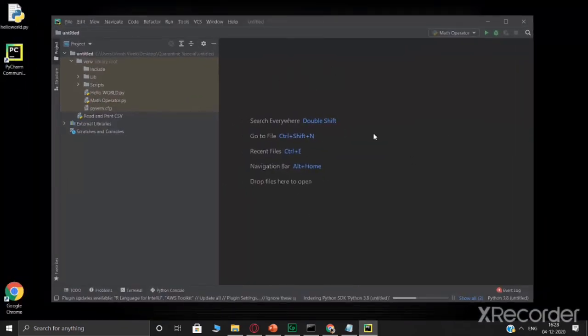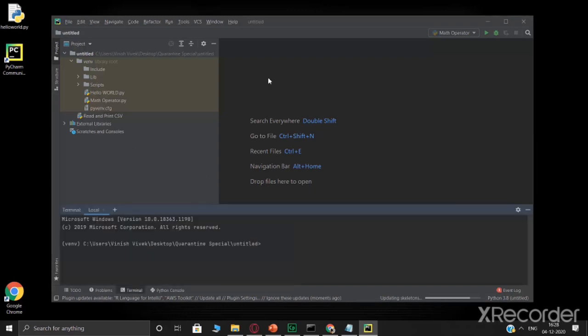And it is integrated. When I say integrated, you have everything over here. You have your source code editor, your debugger, your compiler, interpreter, whatever you need. Everything is in one place. So your execution is faster and you don't need to do this whole saving process that we did for the notepad. Everything can be done over here only.